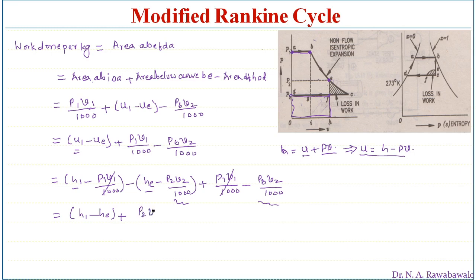We can write P2 V2 divided by 1000 minus PB V2 divided by 1000. Again we can write this as H1 minus HE plus, with V2 divided by 1000 taken common, into P2 minus PB, which is the work done per kg